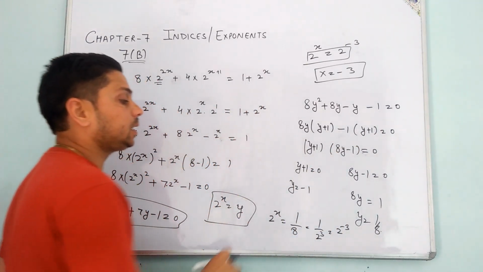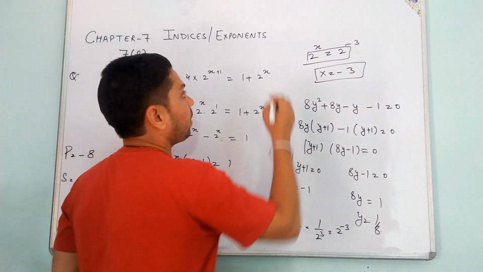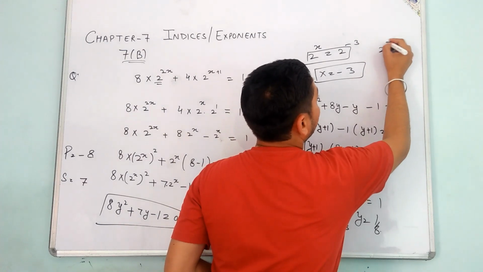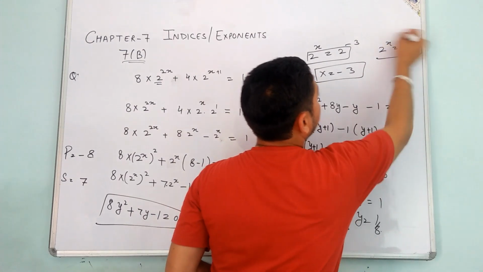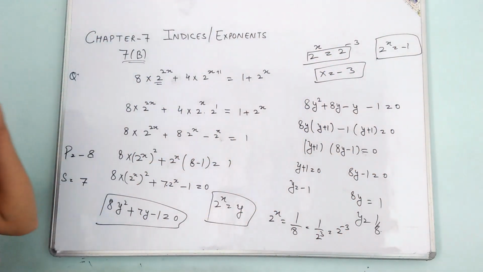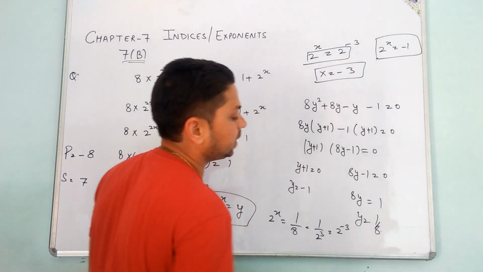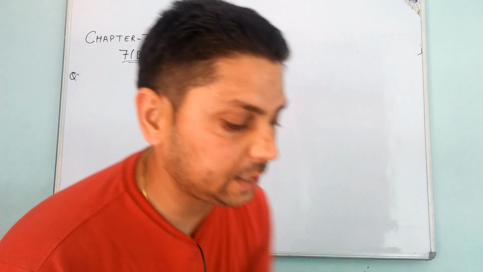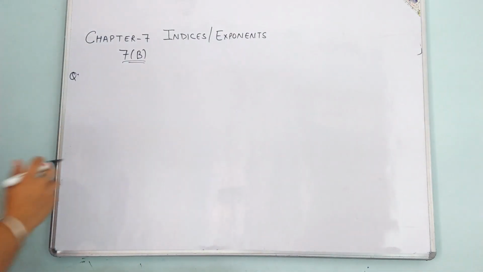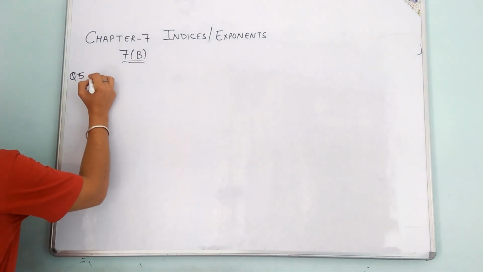When y is equal to minus 1, what we have, 2 raised to power x is equal to minus 1. We cannot solve this term properly, so we reject this value. We only consider this value, that is y is equal to 1. Now what is given in question number 5, that is the first part,